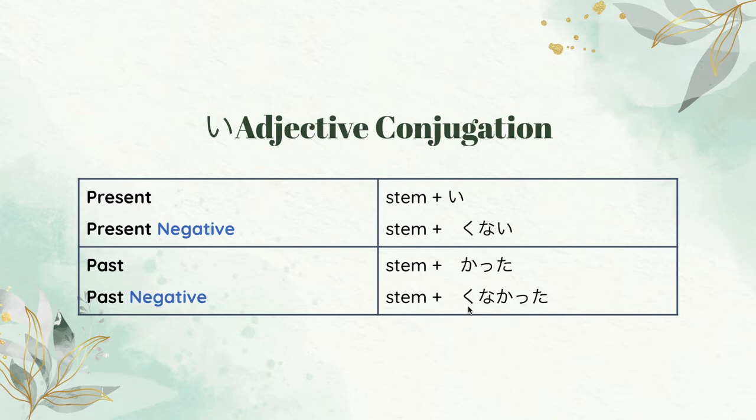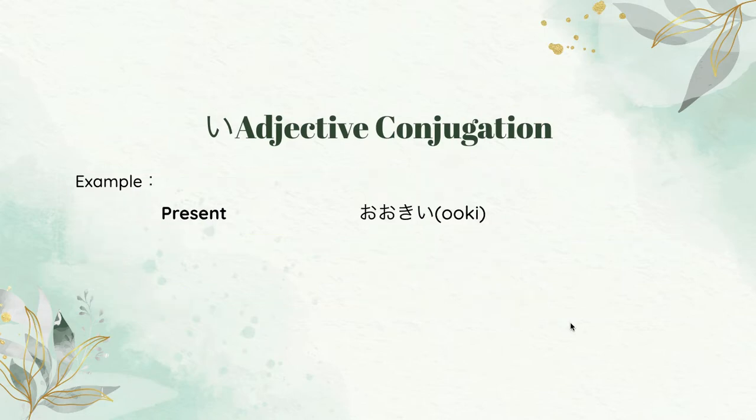Something plus kunakatta. So let's try to use that in an example so we could understand with more detail. So the present tense is 大きい. 大きい means big. So if the present tense is 大きい,